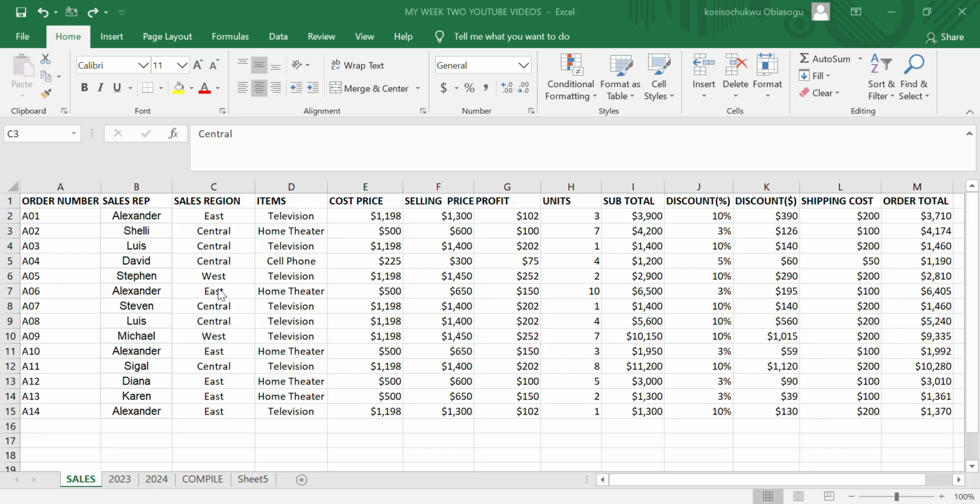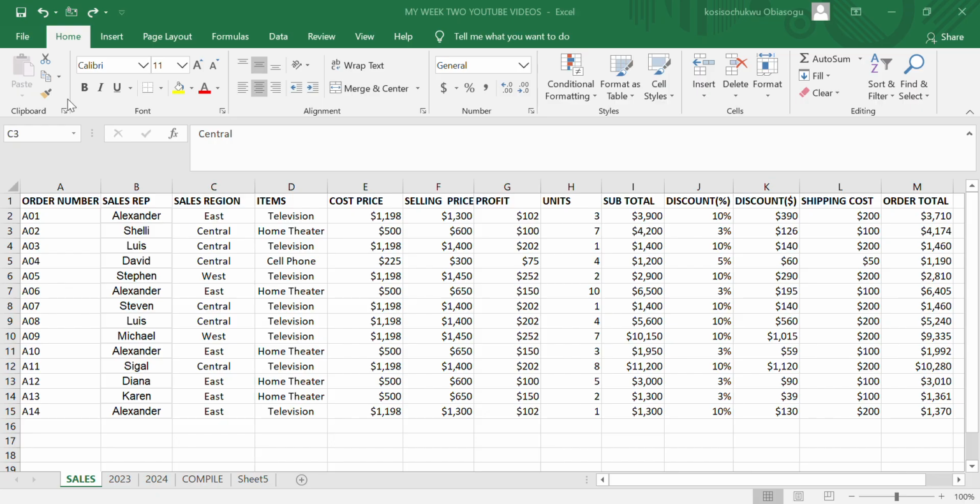But right now, the central region has been changed. We don't have the central region again. They've closed down the central region branch and they've opened up a new region in the north of the country. So instead of east, central, west, we have east, north, west. Assuming this is just a spreadsheet of 15 rows, but you have a spreadsheet of 400 or 500 rows, instead of changing each input of central to north manually, which is time consuming,